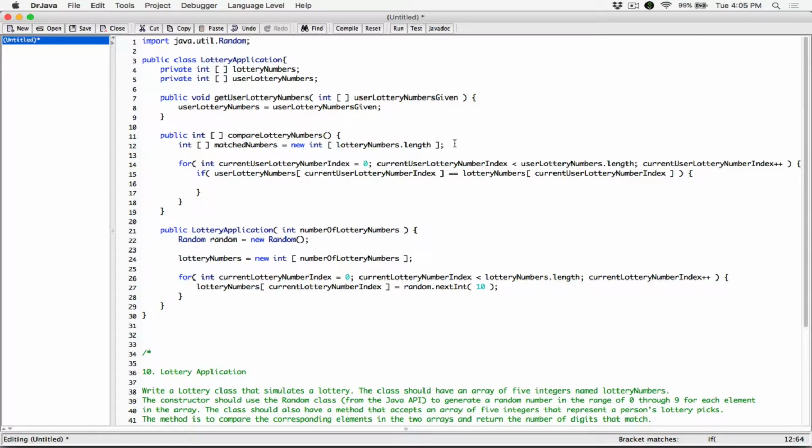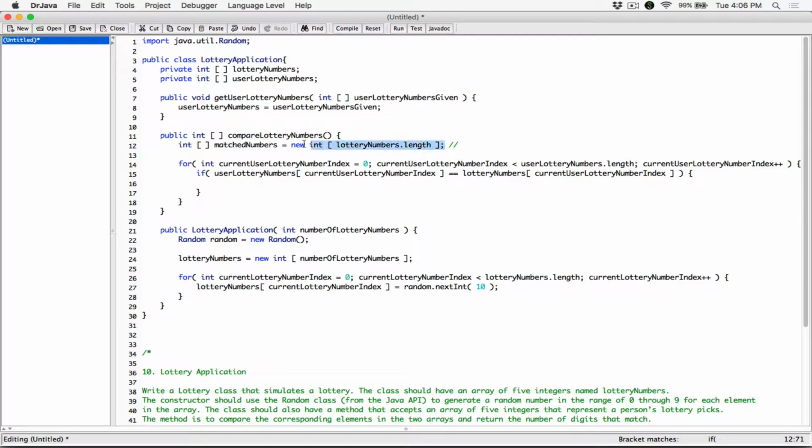All right. So anytime you initialize an array this way, or you set the size of the array this way, it's going to be assuming that the user, so again, don't worry about the length. The length is going to be defined by the constructor. The user is going to provide a number of lottery numbers. So assuming the user provided 5 lottery numbers, then an array will have something like 5,